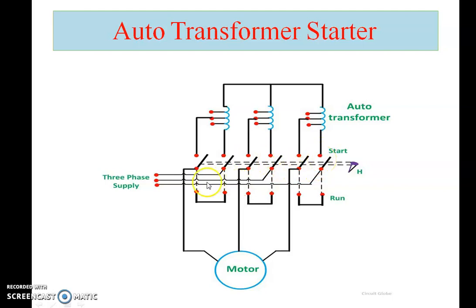Now how will the current flow? Suppose for the first case, the current will flow from this phase, the R phase, to this. Now from the R phase to this, it will come to the contactor. Now the 50% tappings are there, so it will again go from this to this. During this first phase it will flow through the first phase of the induction motor. म्हणजे एका phase मध्ये current गेलं.